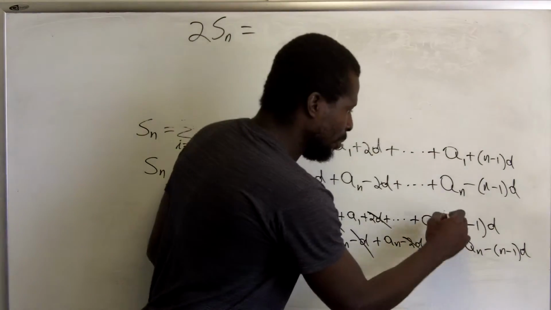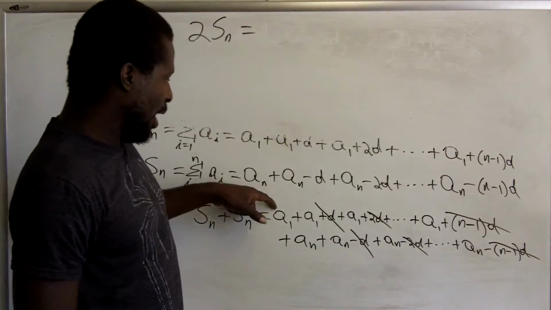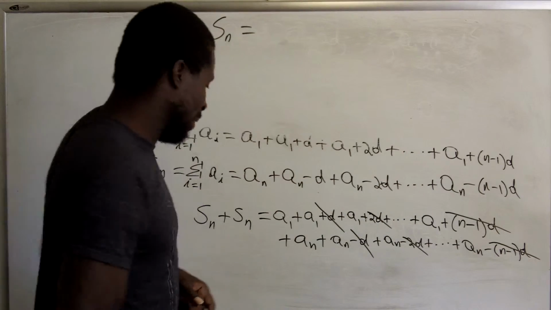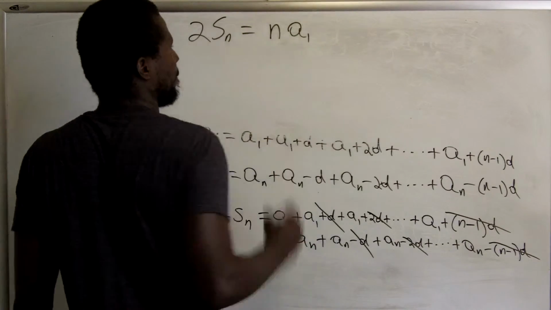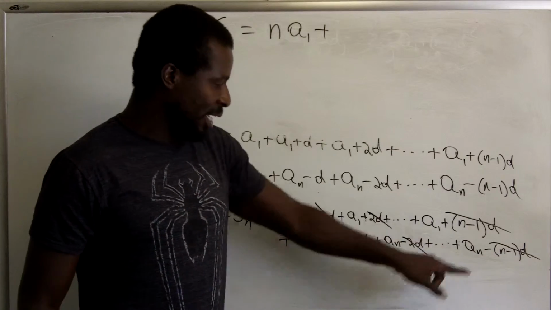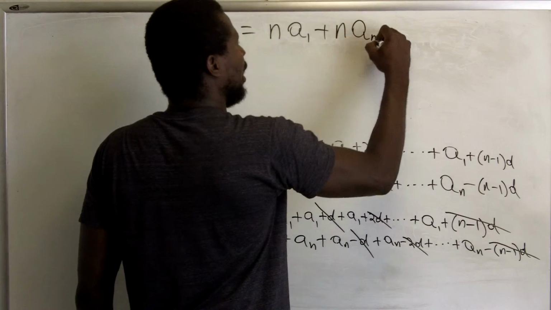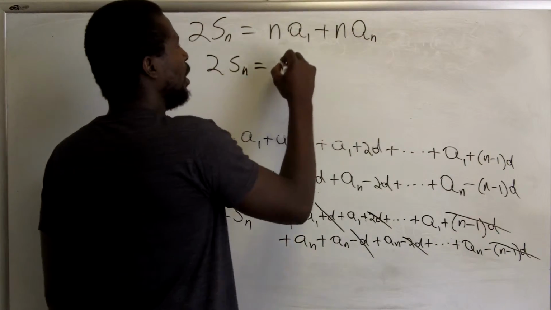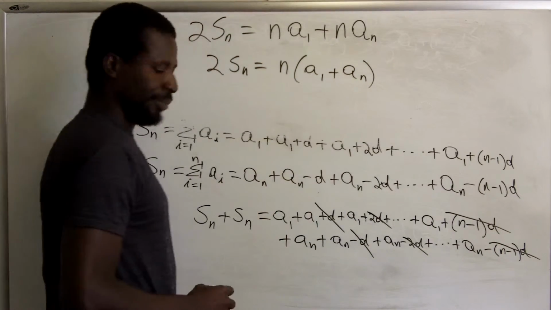Here's what you'd be left with: a1 plus a1 plus a1, n times, and we also have an plus an plus an, that's n times also. So 2Sn is equal to n times a1 plus an,